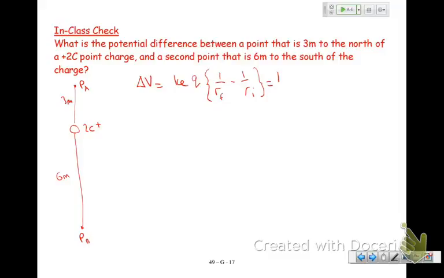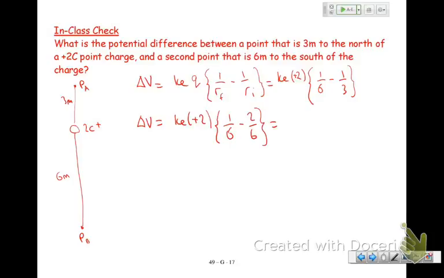Which equals KE times Q, which is plus 2, times 1 over 6 minus 1 over 3. Got to get those the right way round. So delta V is equal to KE times plus 2 times 1 over 6 minus 2 over 6,